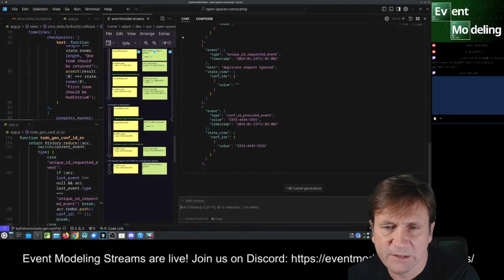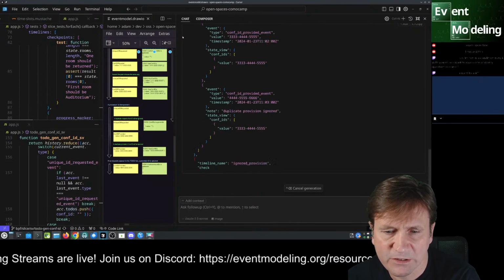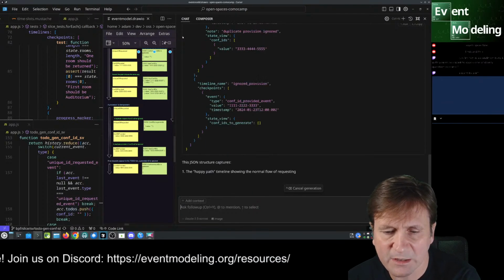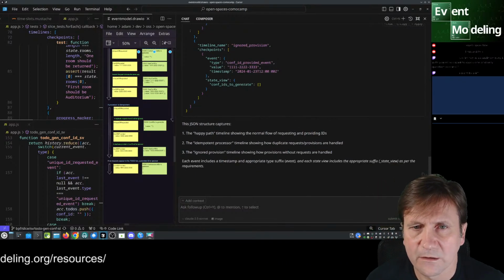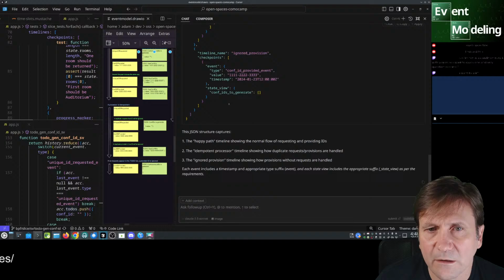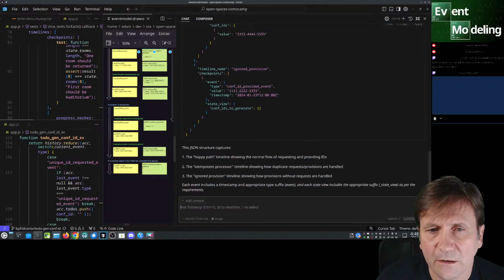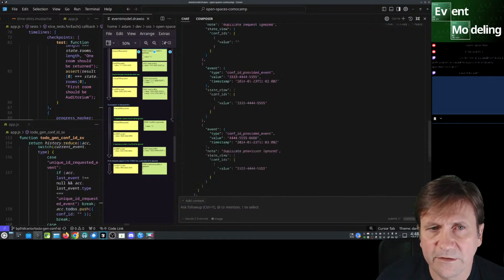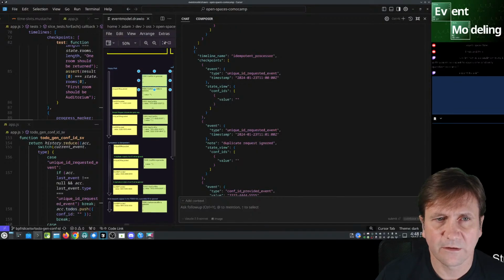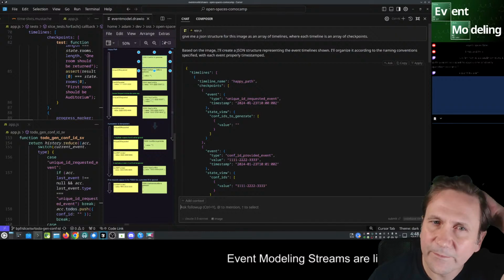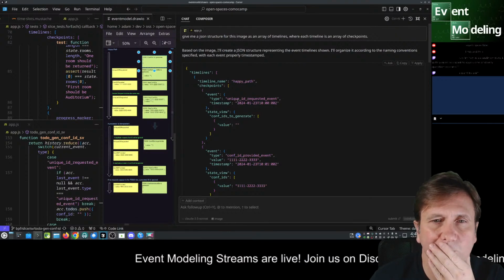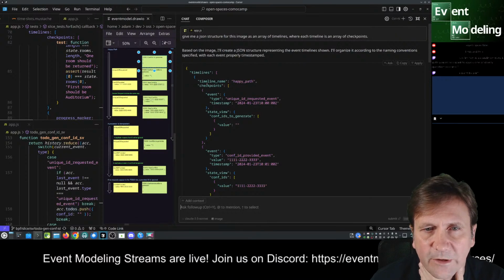So if it does this, and we can get it to understand the image, then we can... okay, let's see if it actually... okay, let's break it up into steps. So if we can do this, so we got multiple timelines.